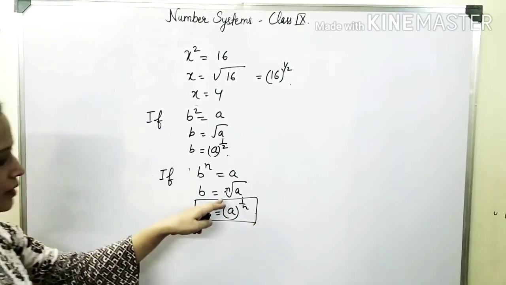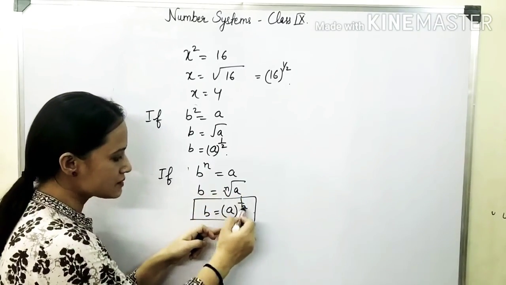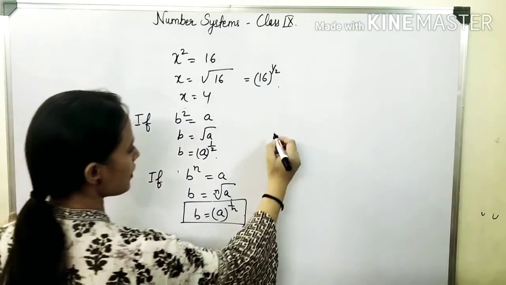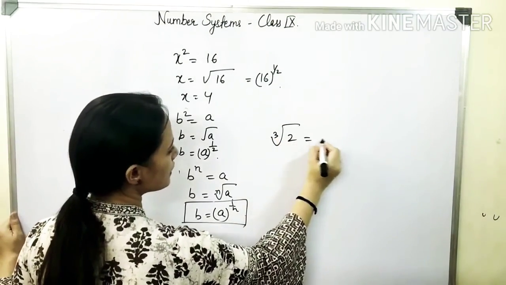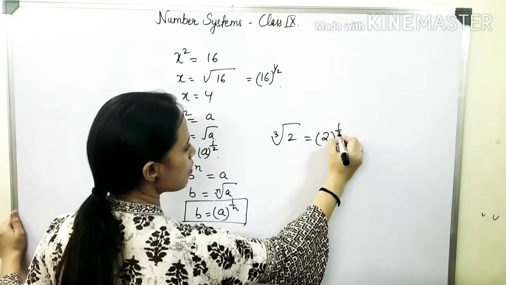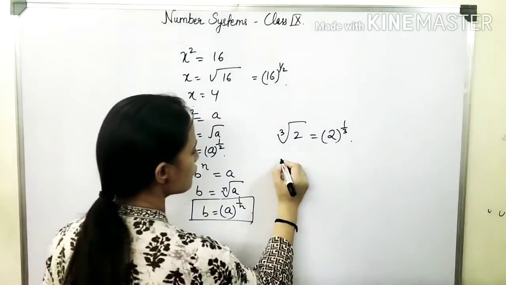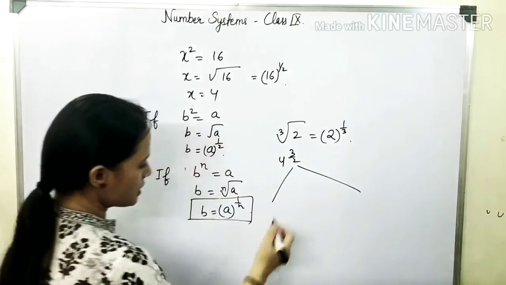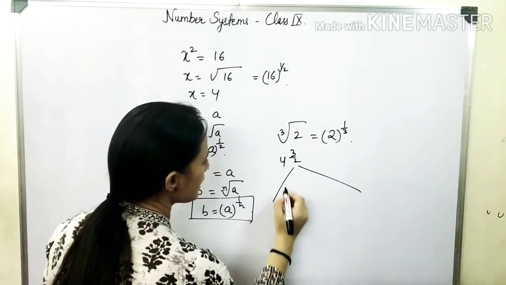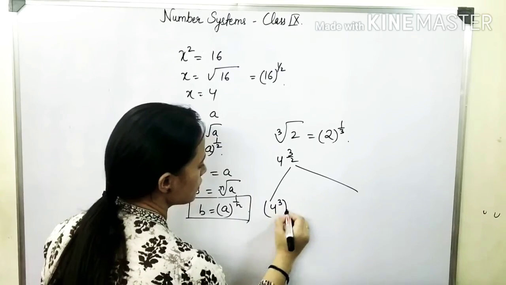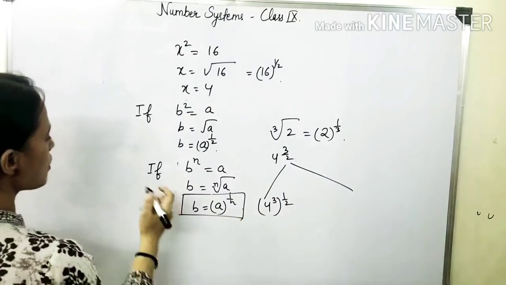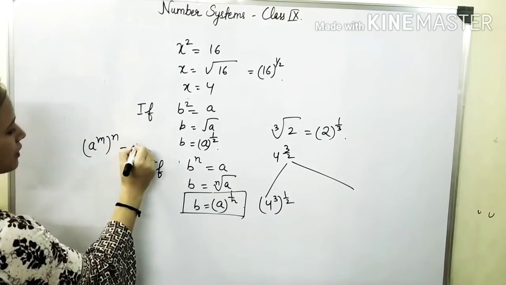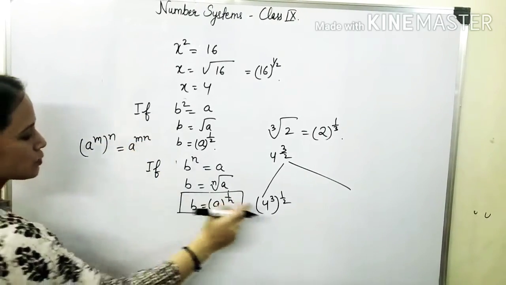This we are going to use in many places. Wherever we feel difficulty in solving a root, we can write it as the power of 1 upon the root. For example, if I have the cube root of 2, I can write this as 2 raised to the power 1 by 3. If I have 4 raised to the power 3 by 2, we can simplify this in two ways. First I can take 4 cube, whole power 1 by 2, because just now we saw in one of the rules that a raised to the power m, whole raised to the power n gives you a raised to the power mn. So by that rule only